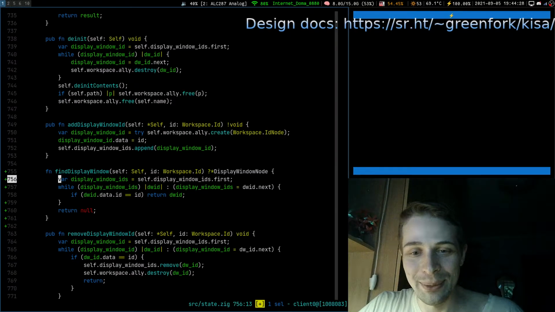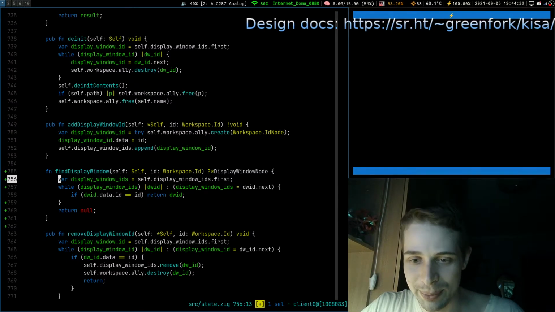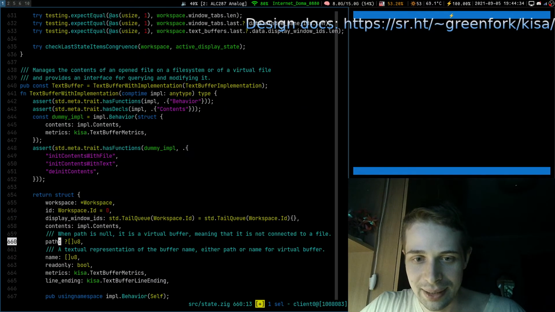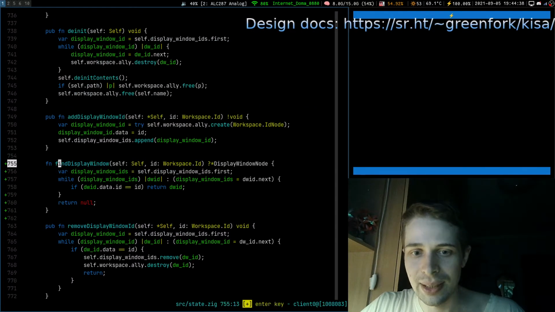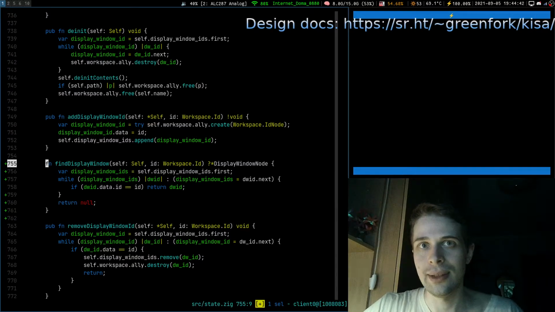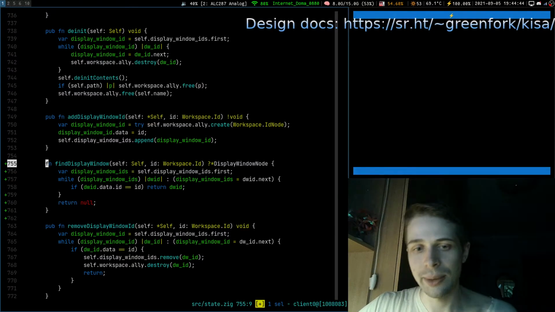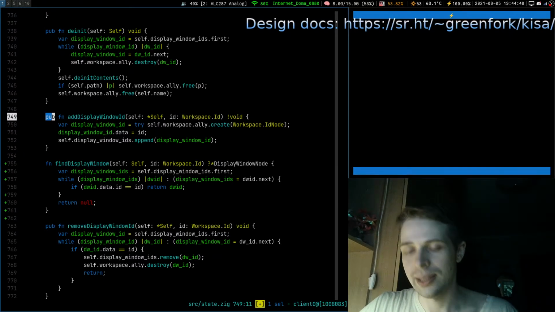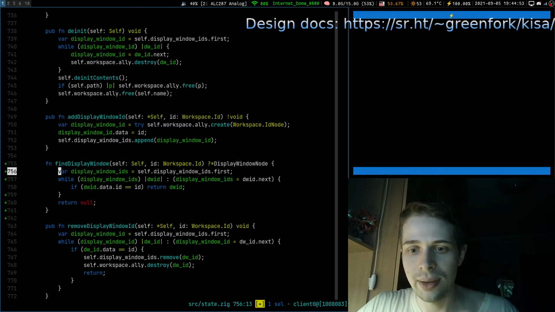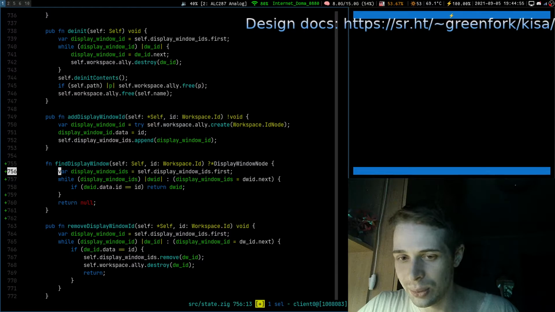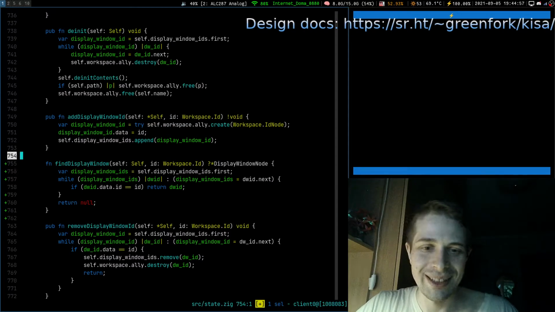When we say find display window, we probably want to reference the workspace. And since we are in the same file, we can use fn functions in the same file. If it were a separate file, we would have to add a pub keyword saying that it is a public interface. So I think our find display window, do we even need it as a function?